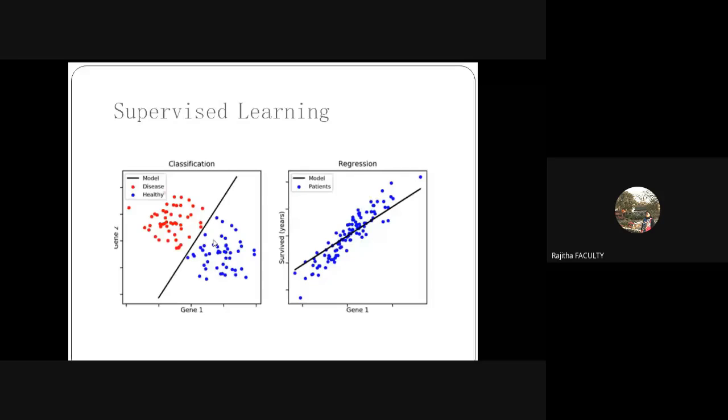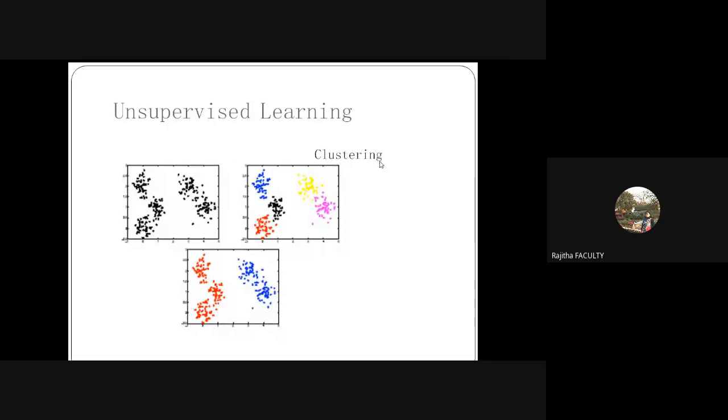Now comes the unsupervised learning. Unsupervised learning can be said as clustering. Now suppose I have a group of 100 people in a meeting. I have to categorize them based on North Indian people, South Indian people, or some other category X, Y, Z. Suppose I want to group them into X, Y, and Z categories. Now how do I decide it?